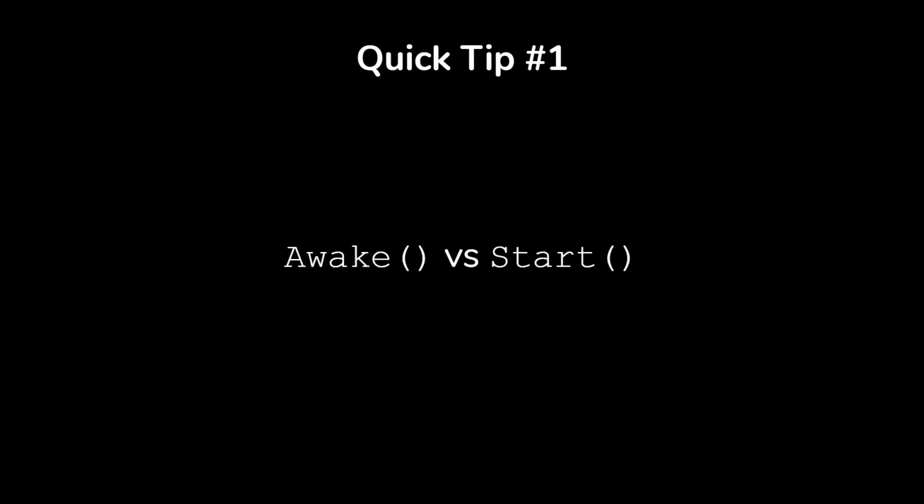In Awake, you do things like get components or set the members of the game object to values. In Start, you do anything that has to connect your game object to other game objects. That all happens in Start. And the reason you do this division is so that when you get to Start and you have to check,